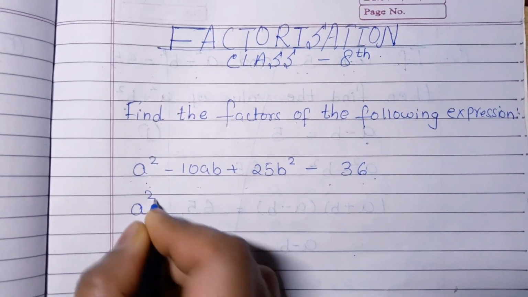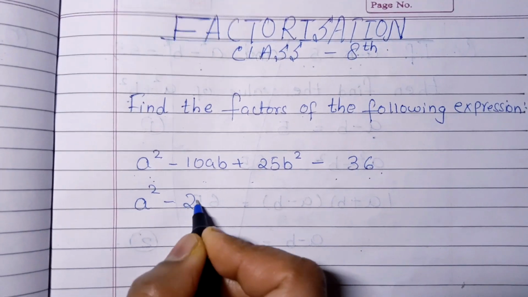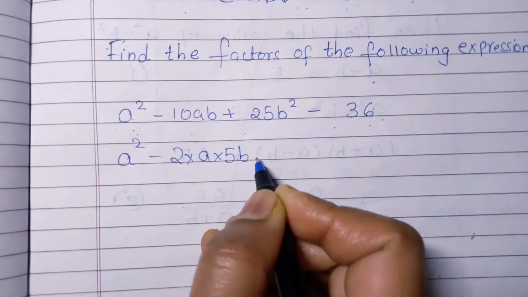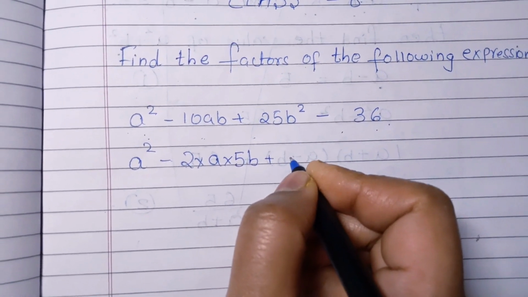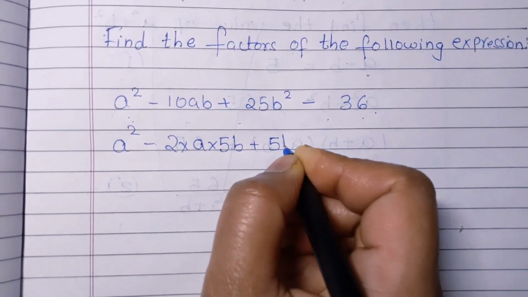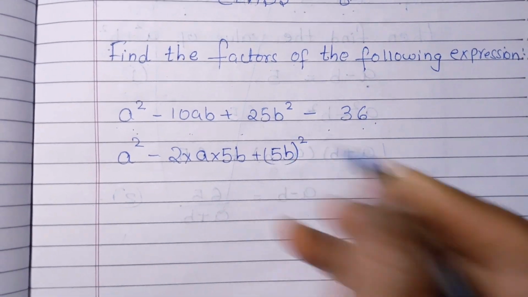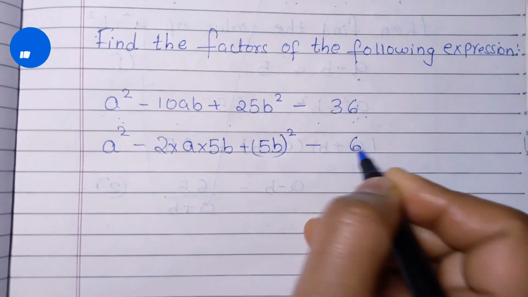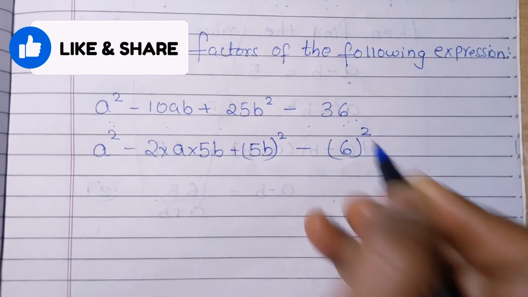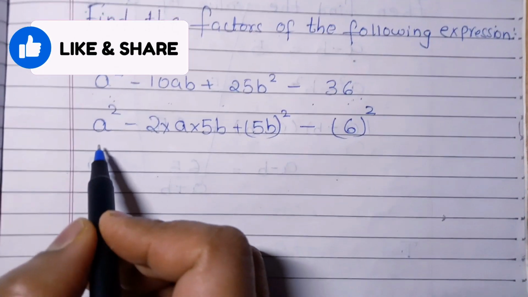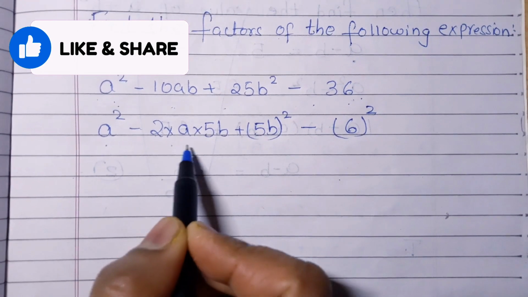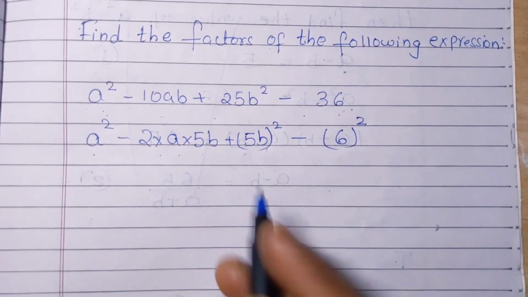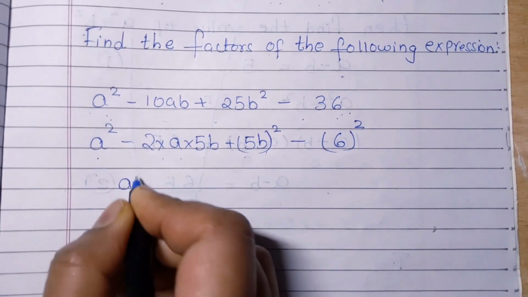So this can be written as a square minus 2 into a into 5b plus 25b square can be written as 5b the whole square minus, and 36 can be written as the square of 6. Okay. Now you can see that a square minus 2a into 5b plus 5b whole square,